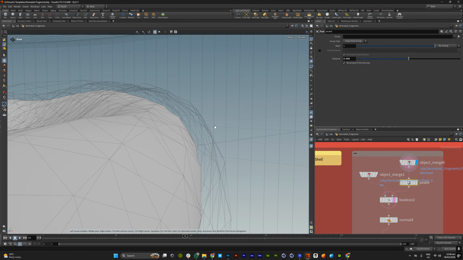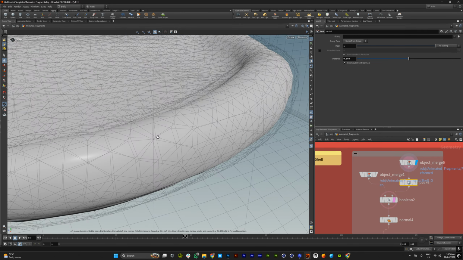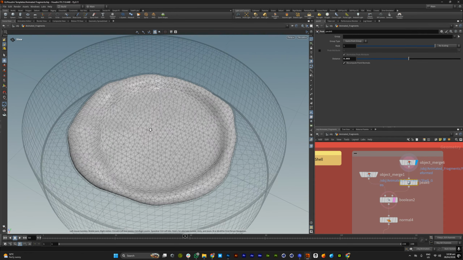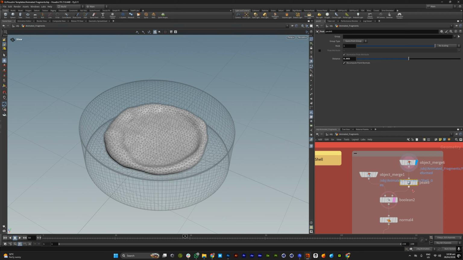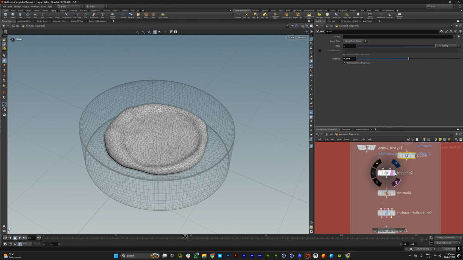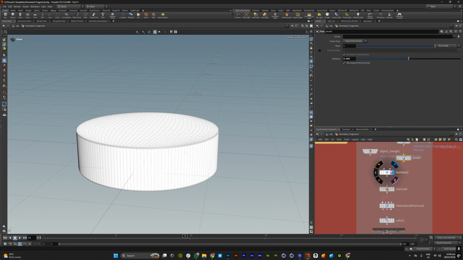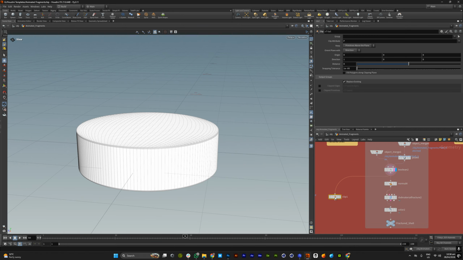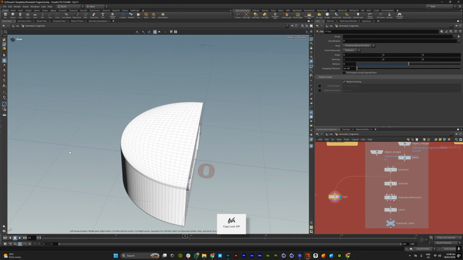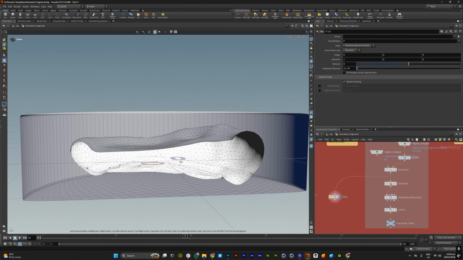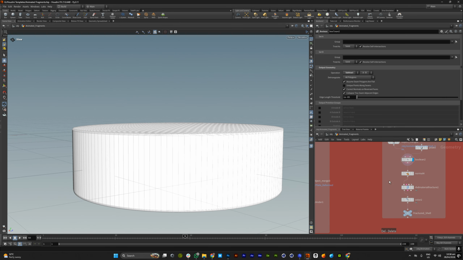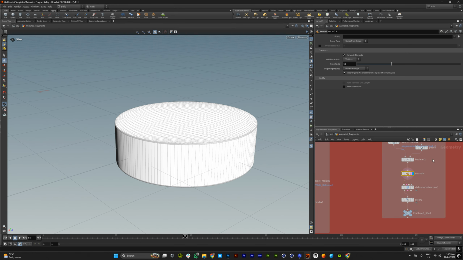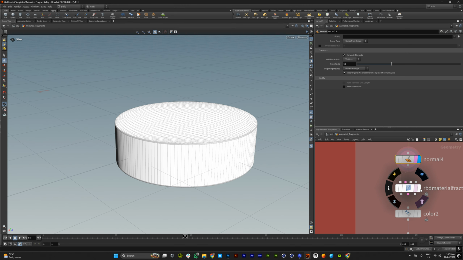So this little padding, as I say, gives me a bit of room for my simulation to go on properly. Now, once I had Boolean this, I'll show you how it looks. If I just clip this, there you go. That is how it looks on the inside. Now, once that was done, I just gave it some normals, and after that, I gave it an RBD material